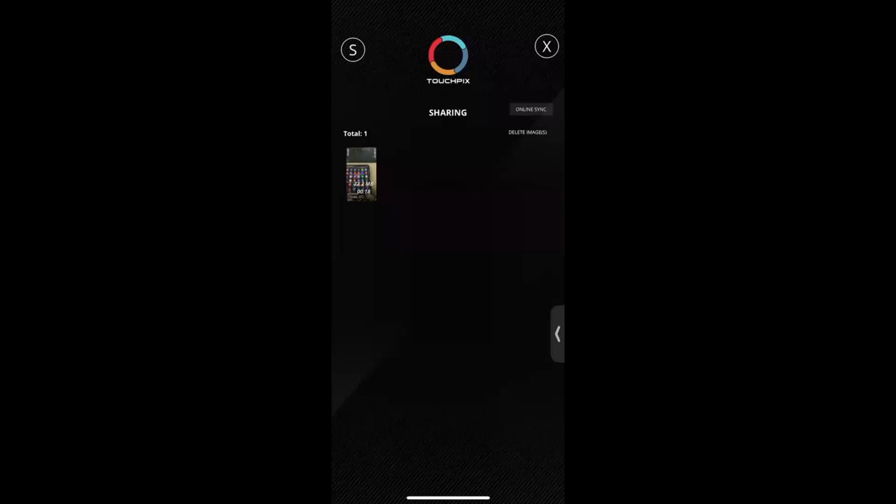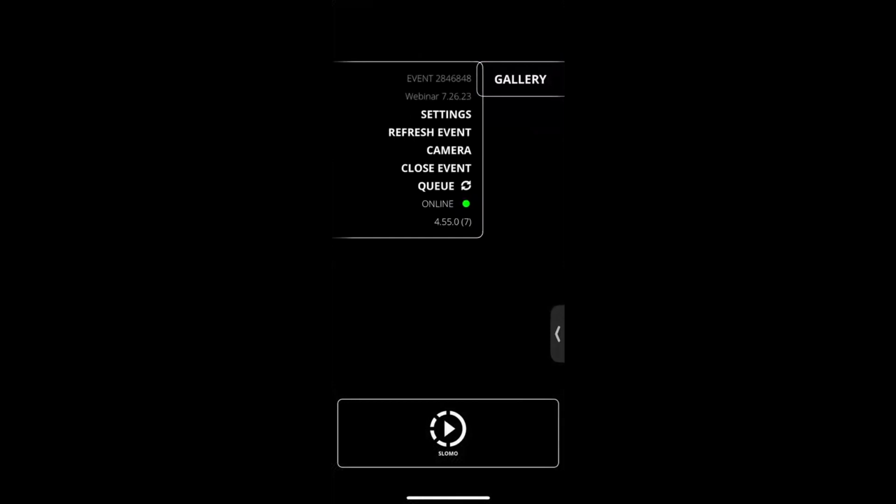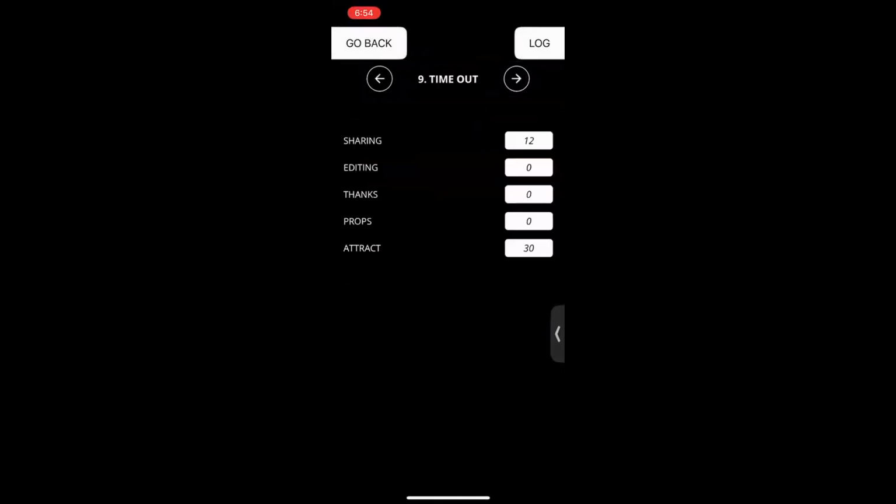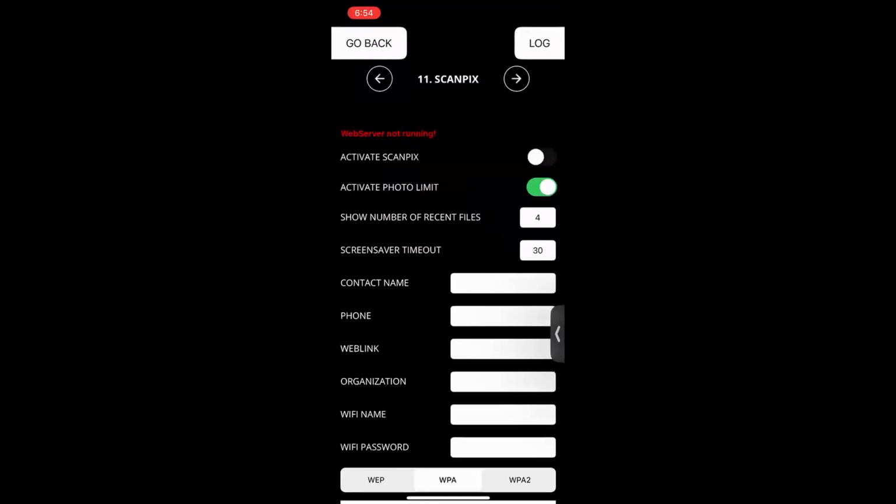So, I got a question in the chat that says, how is the storage for me when I do animated overlays? The storage for me is really a non-issue, because what I do after every event, and this is what I love about Touchpix, is that once you close your event properly, meaning you're not deleting and reinstalling, if you go to subsection number, I think it's 12,